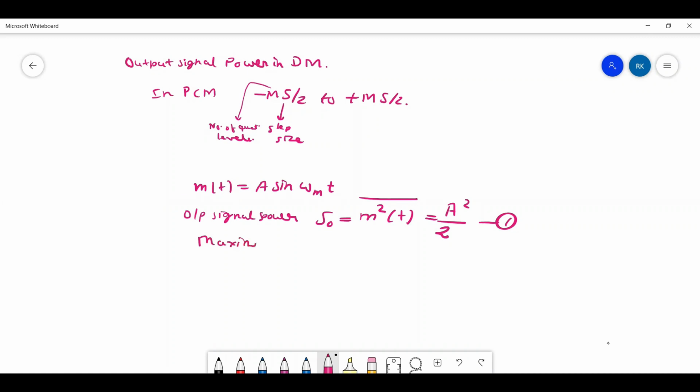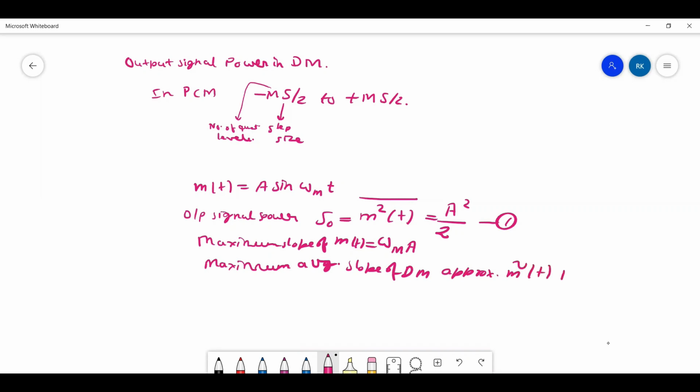The maximum slope of m(t) is equal to omega m A, and the maximum average slope of DM approximation m cap t is s upon tau is equal to s into fb,